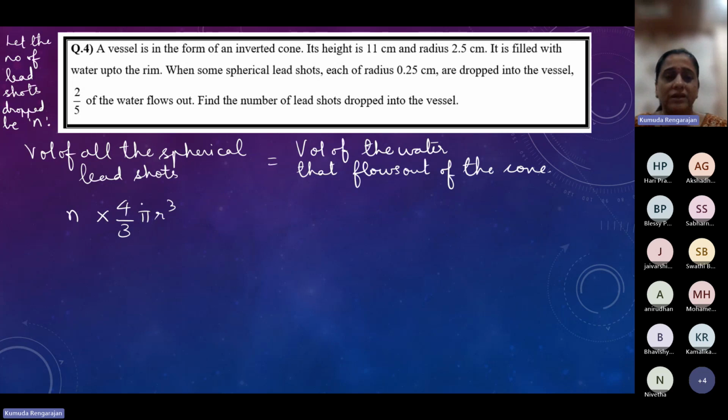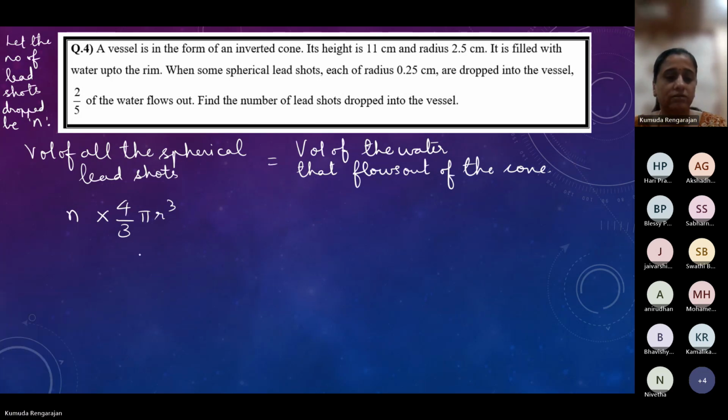Volume of all the spherical lead shots. One spherical lead shot, 4/3 pi r cube, into n. Like if 10 spheres are dropped, into 10. If 20, into 20. But we don't know here, right? We have to find that. So volume of one sphere into n will be the volume of all the n spheres,